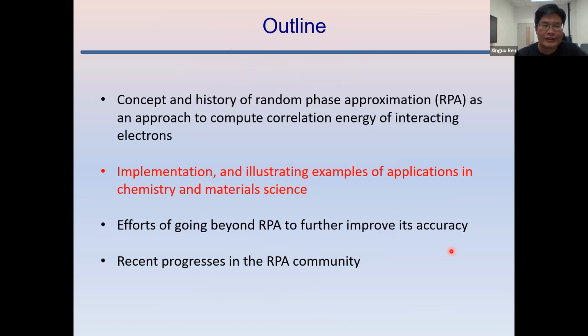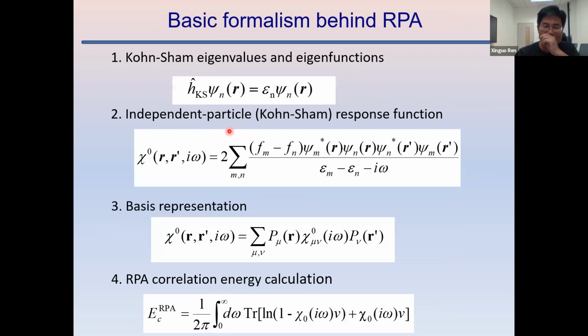Okay, and this is the first part. Now the second part, let's see how we implement this approach. As I mentioned, to do an RPA calculation, one first solves a Kohn-Sham equation to get the eigenvalues and eigenvectors. And from these eigenvalues and eigenfunctions, we can explicitly construct this independent particle response function. Now, this equation is known in real space,